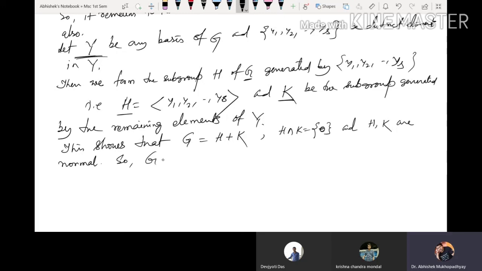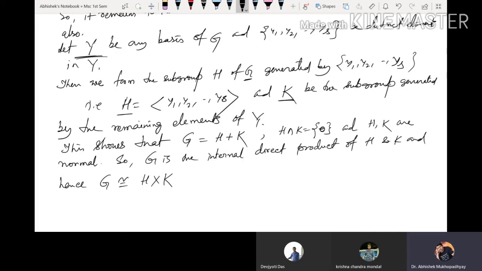So G is the internal direct product of H and K, and hence G is isomorphic to H cross K,